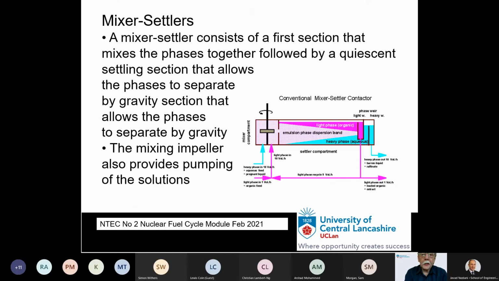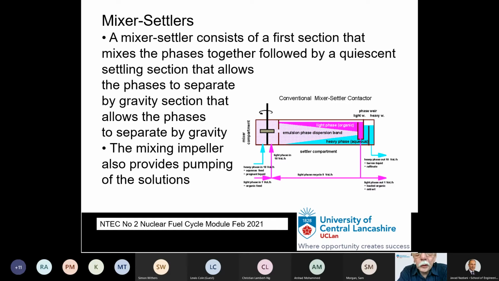And for the next few slides, we'll talk about the difference in these particular pieces of equipment. This is illustrating what a mixer settler is about. As you can see there on the far left of that illustration, that is the mixer. This is where the two phases, the aqueous phase, i.e. the uranyl nitrate solution, and the solvent or the organic phase, the TBP/OK, are mixed together at